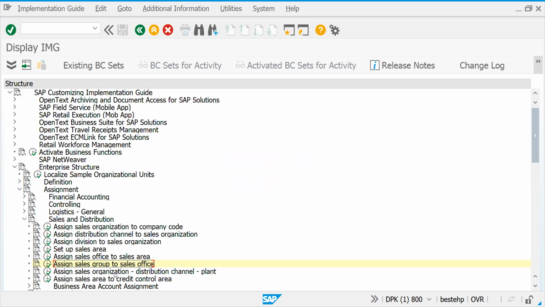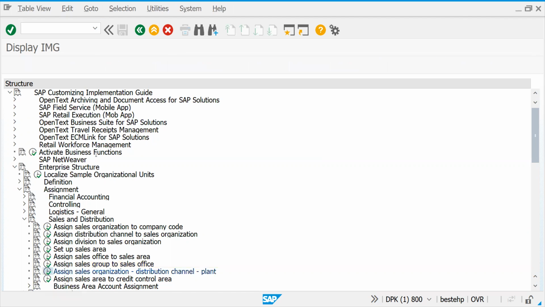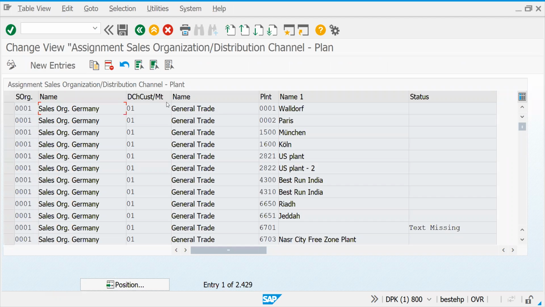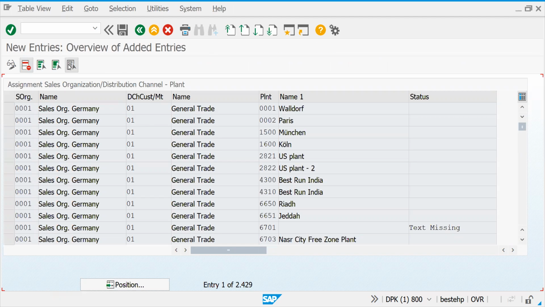Now let's put the distribution chain, sales organization, distribution channel, from which plant they would like to determine in sales order. Okay, the plant is holding the stock, right? So for that we have to do this one. Even this distribution chain is useful to determine the plant in your sales order. This is one of the configurations. If you would like to enter material, your sales order won't allow it if you don't have this configuration in SAP system.